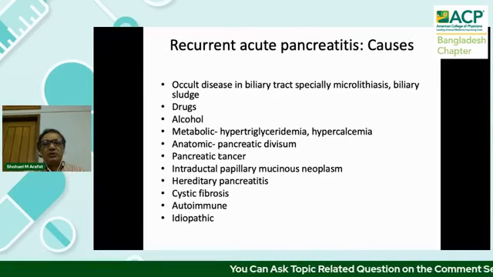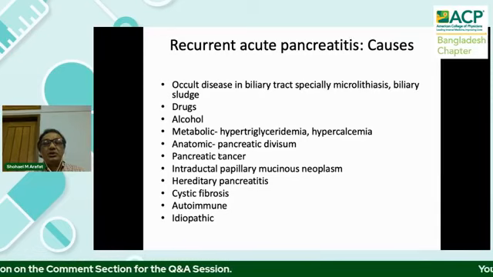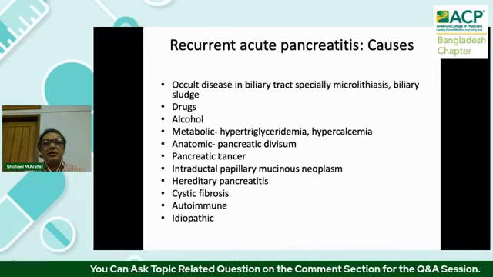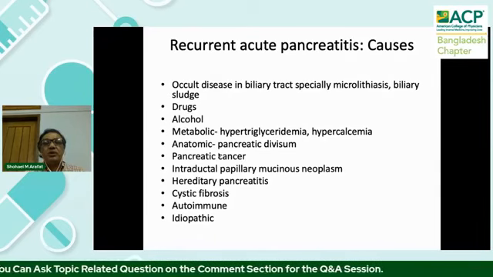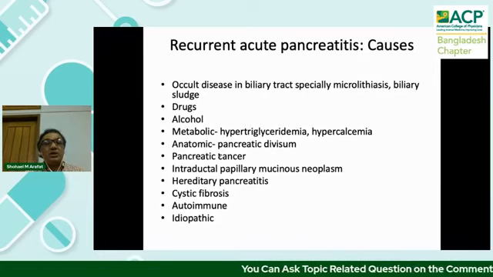Unfortunately, a few causes may cause recurrent acute pancreatitis. Among them, understandably, is occult biliary tract disease. Usually, it is the most commonly prevalent factor which causes recurrent acute pancreatitis, especially microlithiasis or biliary sludge, which is usually forgotten or overlooked. So we have to keep in mind repeatedly, we have to look for whether there is any sort of microlithiasis or biliary sludge. Then some drugs, as I have said, if we keep on continuing those medications which cause pancreatitis,